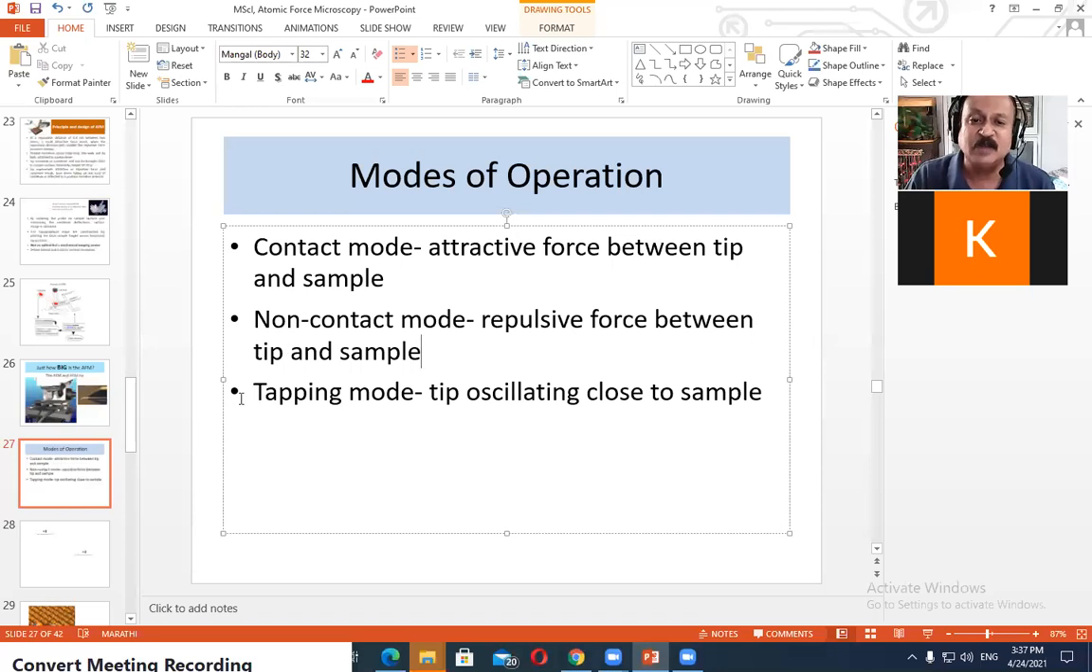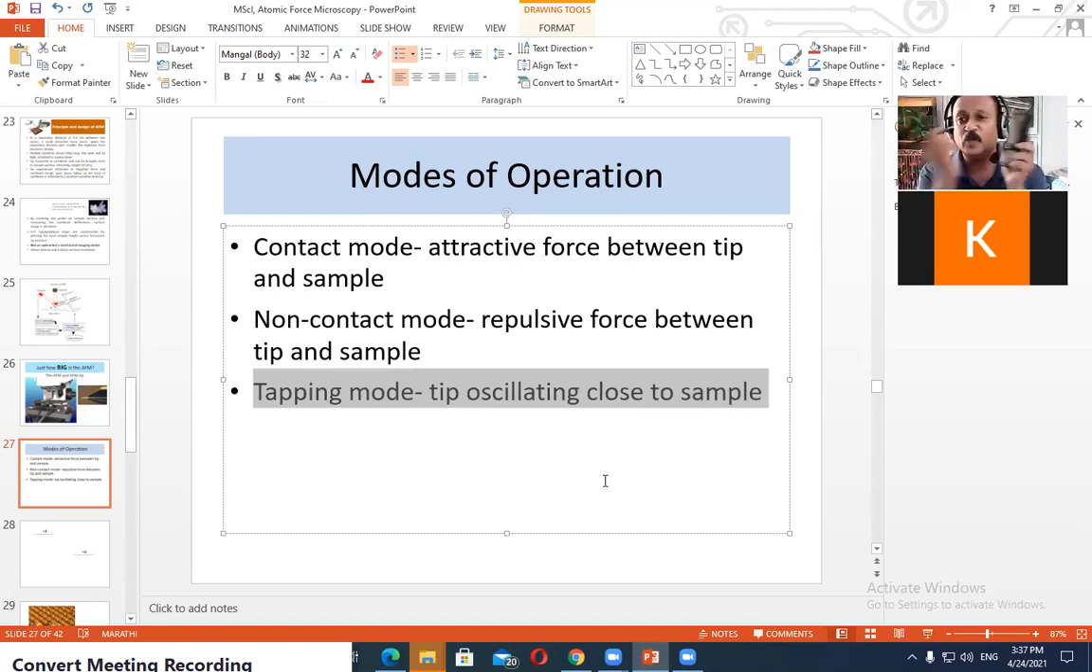And therefore there is a third mode, which is called the tapping mode. This is a very, very interesting mode where the tip goes close to the sample surface, but not too close. It is not going so close to the sample surface where the attractive or repulsive forces are dominant. In fact, the distance is a little greater, and at that greater distance, the probe is actually